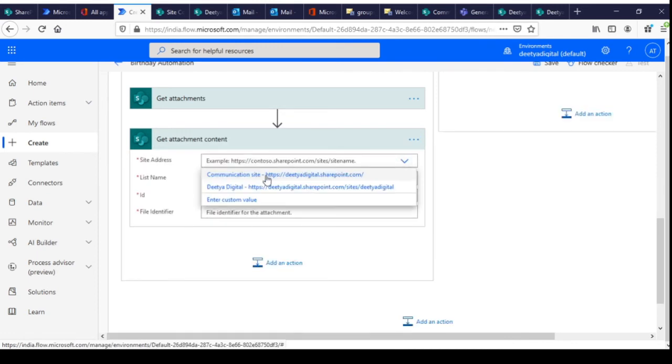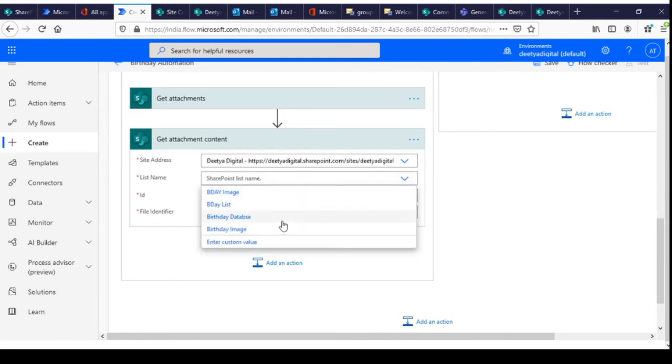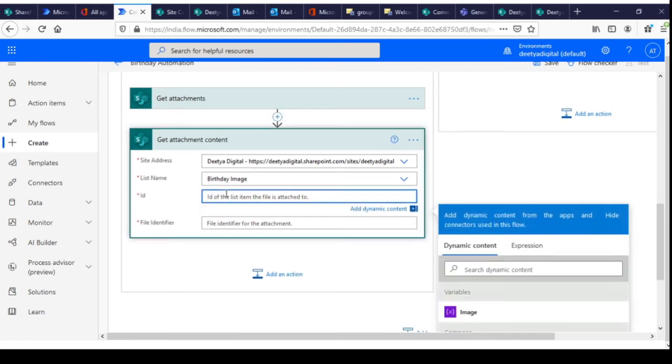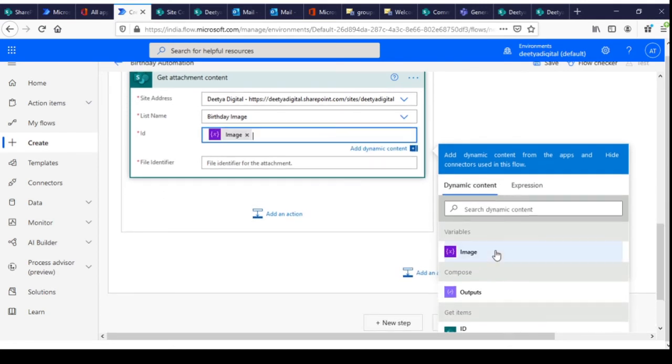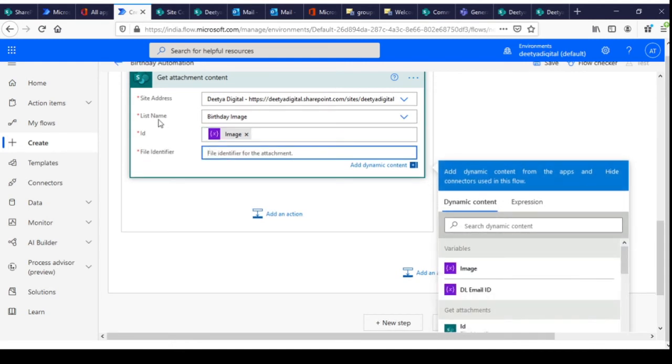Same SharePoint site, list name birthday image. The id is also the same, that is image, and the file identifier.